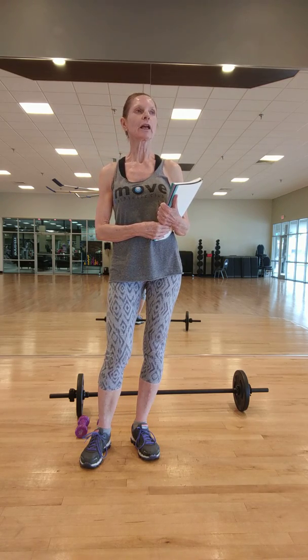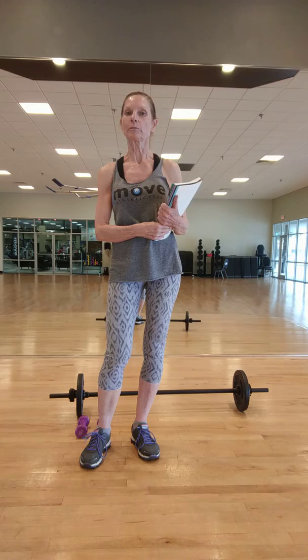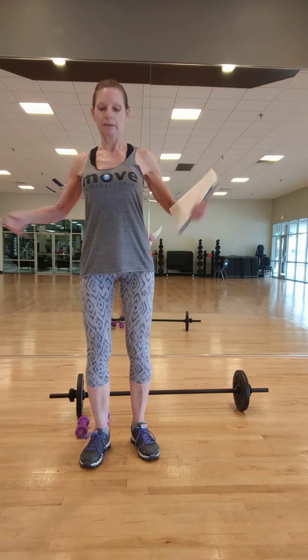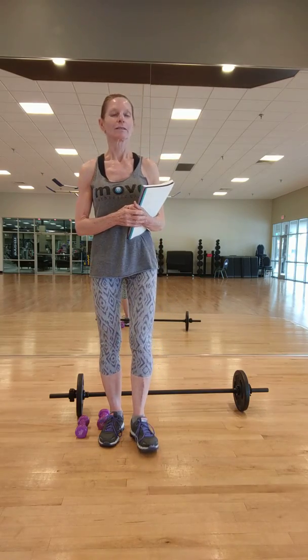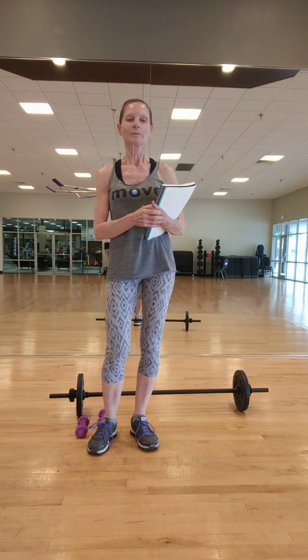I'm here at Just Move Athletic Club in Auburndale, Florida. And as you can see, I'm wearing the shirt. That's because I work for them too. Anyway,